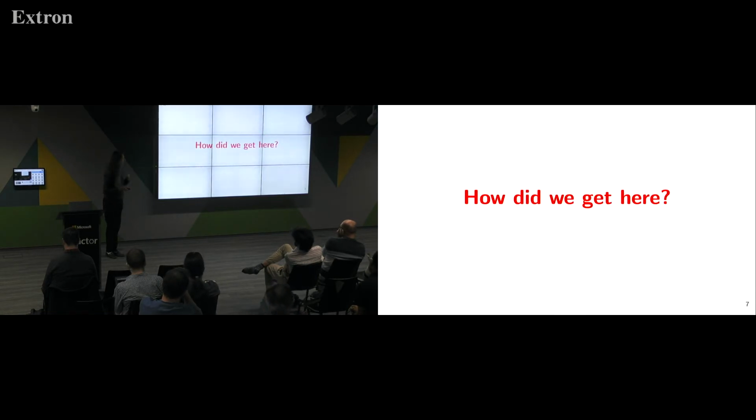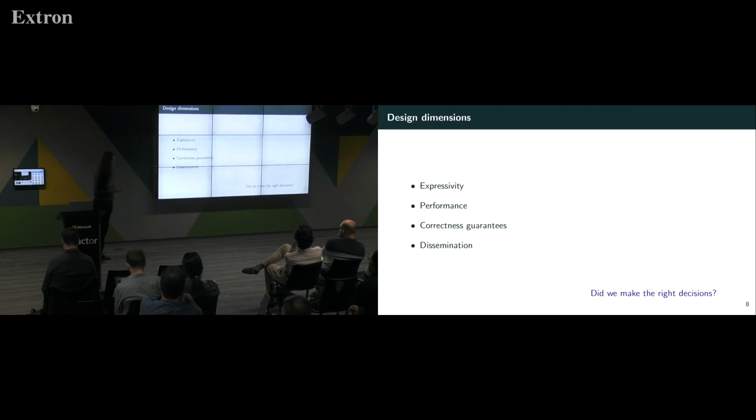So the question is, how did we get here? We started as a tool developed in a research group. We were basically four people, a couple of postdocs, a couple of faculty. We had an idea, we implemented our idea, and somehow we got to the point where lots of people use it and it has impact on the Linux kernel, but also on other kinds of software.